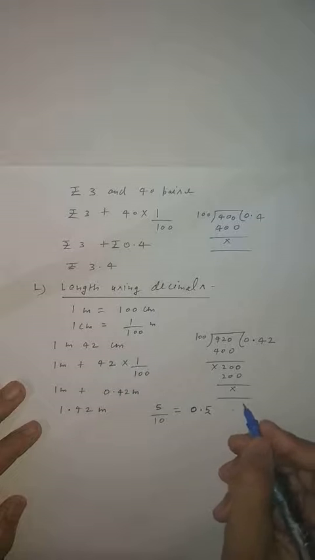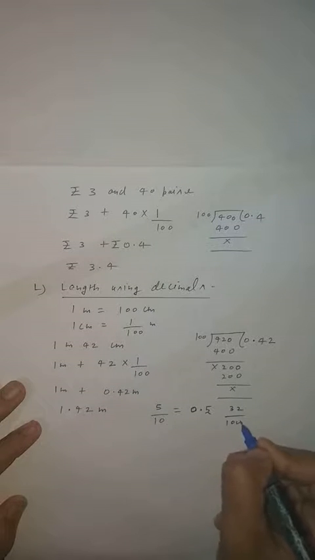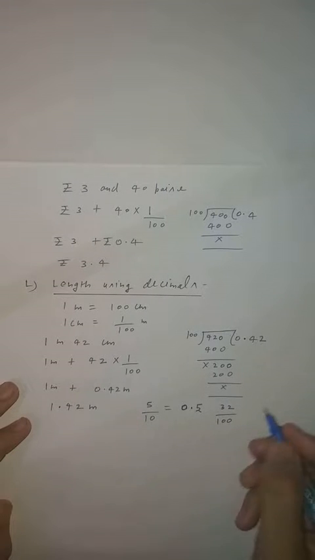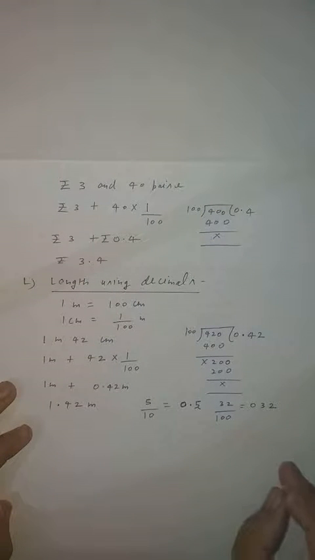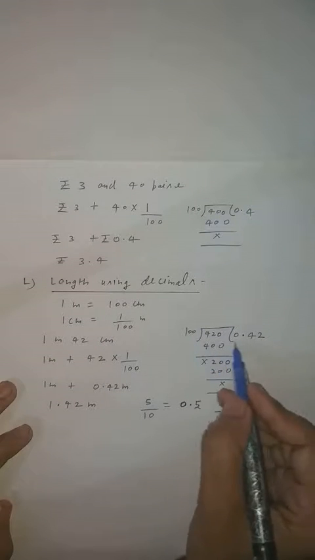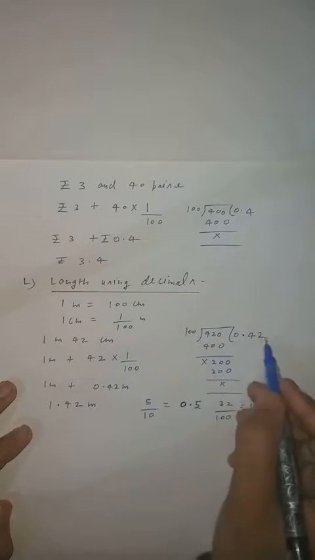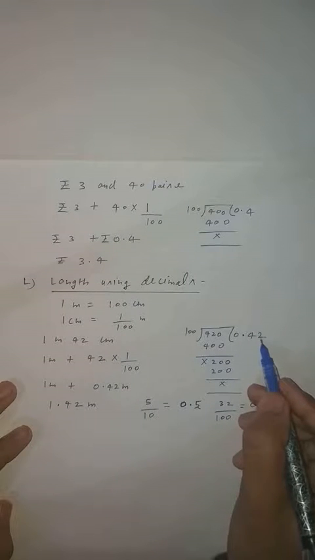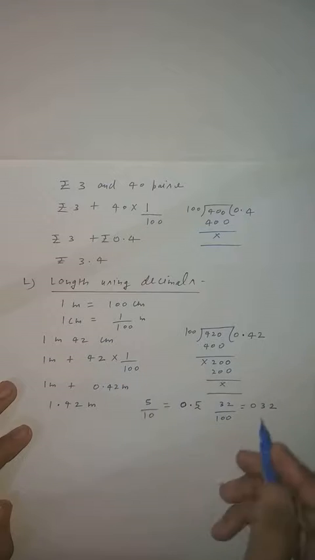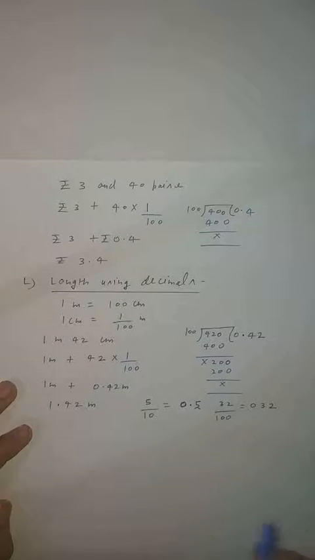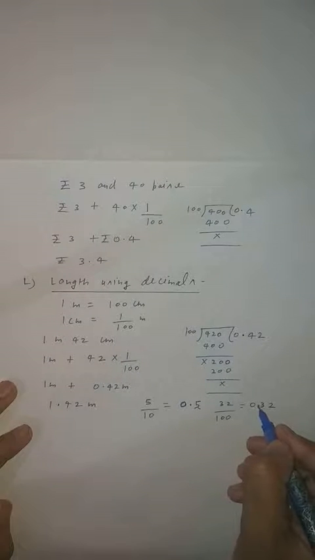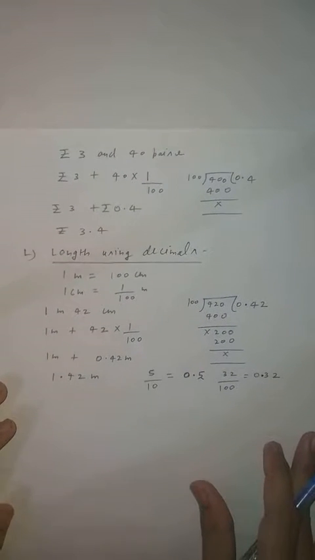Okay, again take another example like 32 upon 100 given. Is that clear student? So what I explained, you will write down 0, then 3, then 2 copied. Clear? Now here 2 zeros are given. It means after decimal there should be 2 digits. Here also you can see 42 upon 100 is given. What is the result? 0.42. It means after decimal there should be 2 digits if 100 is given in the denominator. So 100 is given in the denominator. How many digits should be after the decimal? 2. So where will you put the decimal? Use your brain. Here you will put the decimal, because if you put the decimal here, you can count after the decimal 1 and 2 digits. Clear? So this is the short process, the short method.